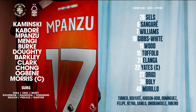Chong will get forward. Barkley, the way he marshals midfield, will be so important today to get him on the ball. But I think, as I say, for Forest to be quite keen to get hold of the ball, control possession, and see if they can take the sting out of Luton. Well, Benny tidies it up. That's the voice of Mark Warburton, former Queen's Park Rangers, Brentford, Rangers, Nottingham Forest manager, with us here on 5